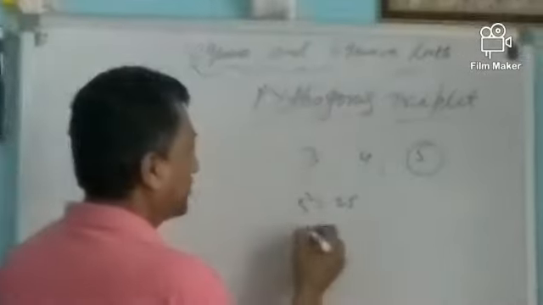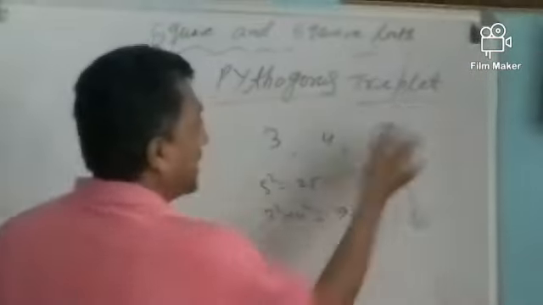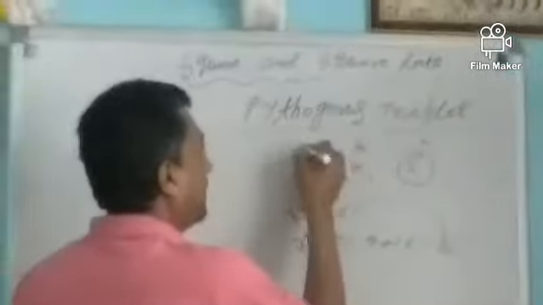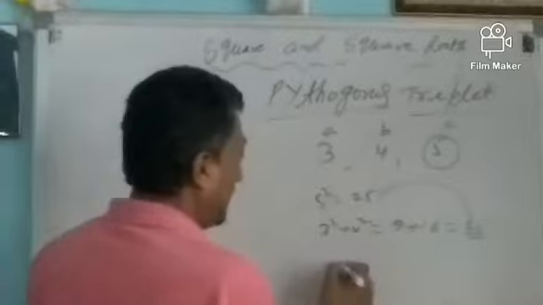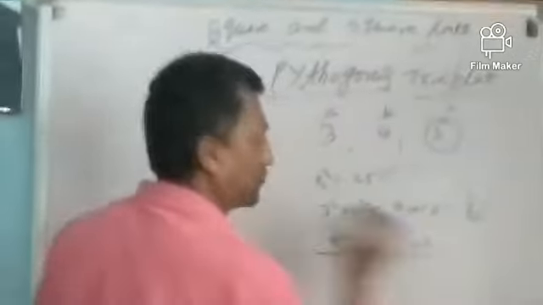Now 3 and 4, the other two numbers. So the other two numbers, 3 का square and then 4 का square. So 9 plus 16. What comes? 25. See, it is matching. It means if you take C, B and A, and see if A square plus B square is equal to C square, if it comes in this form, इस तरीके से यदि आ जाएगा तो हम उसे क्या बोलेंगे कि these numbers are a Pythagoras triplet.